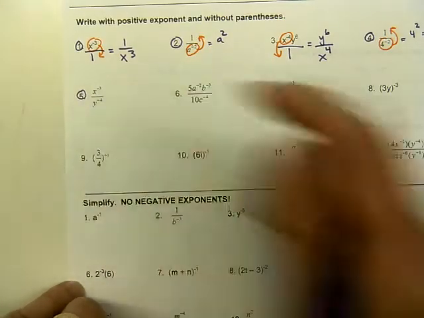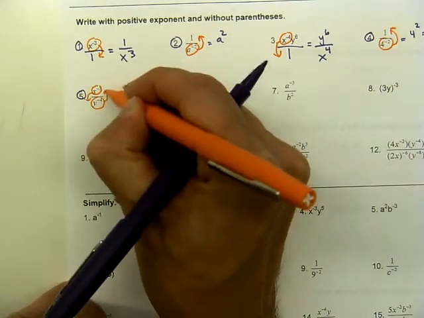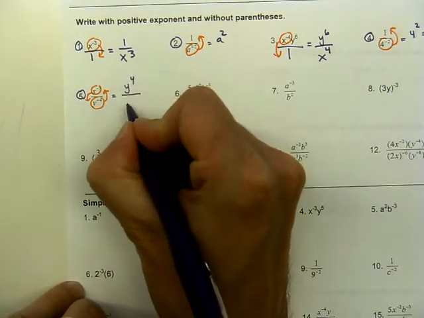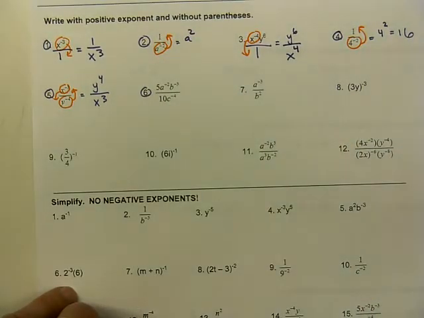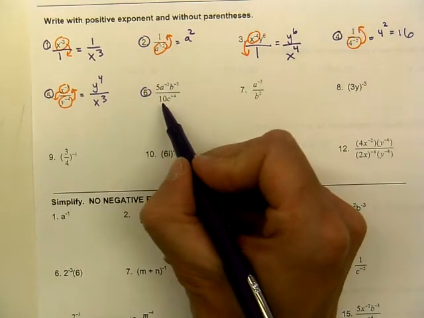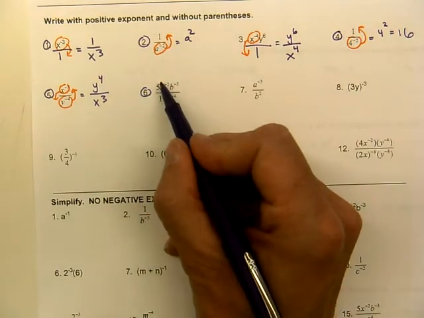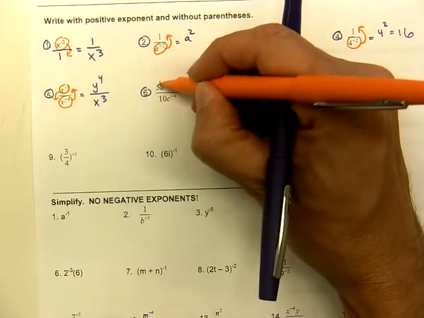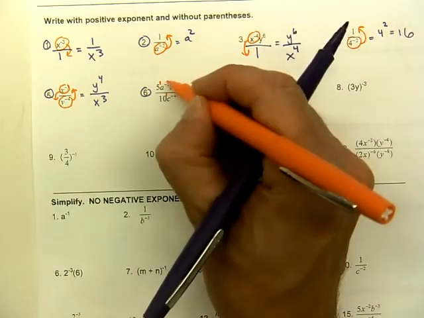Here in problem number 5, we check each base, and we move it independently of the other. Again, here it looks like they're just being flipped upside down, but you have y to the 4th over x cubed. Here's number 6. Now think for a moment about what we have with the number 5 and 10. What is its exponent? Right? You look right here and there's nothing there. That means it's that invisible exponent of 1. That's a positive 1. So 5 will stay where it is, 10 will stay where it is,